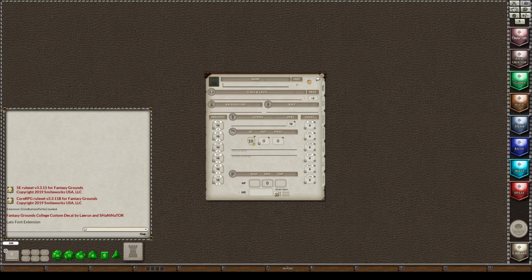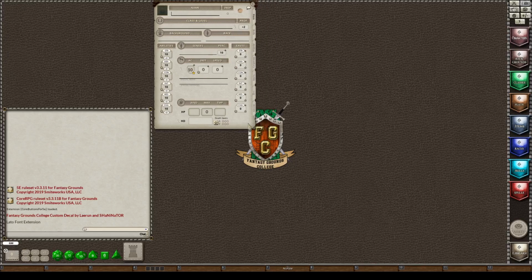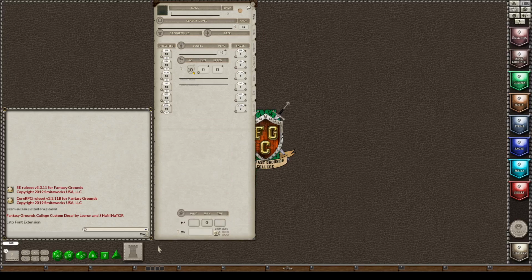Now the name of my character is going to be Gilda Flamebeard, and from that name I am sure that you will recognize it sounds like I'm going to be making a dwarf, which is true. So I'm going to make my sheet narrow, and then I'm going to stretch it down to the bottom.